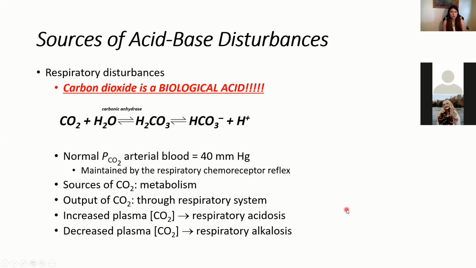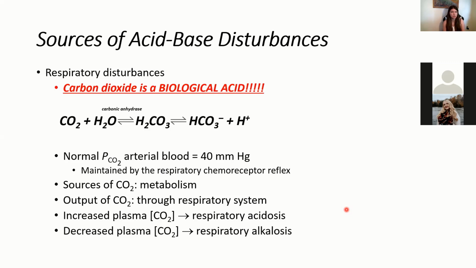Okay, so acid-base disturbances in the blood, so messing with the pH of your blood, can come from respiratory disturbances, so either hyperventilating, so getting too much oxygen, not enough carbon dioxide staying in your blood because you're breathing it out too quickly, or the reverse, hypoventilation, not getting enough oxygen, and therefore having too much carbon dioxide because you're not breathing out fast enough. That's going to cause a change to your pH of your blood plasma because carbon dioxide is an acid in biological systems. And the reason it's an acid